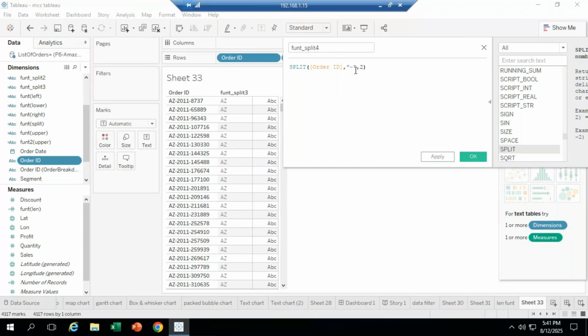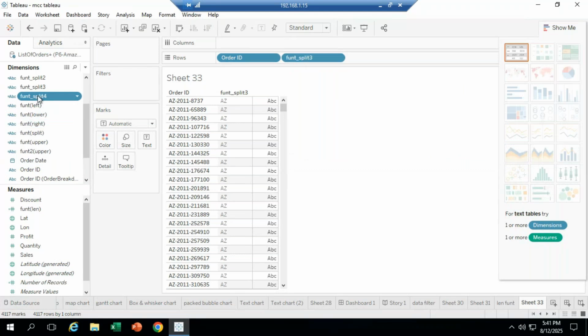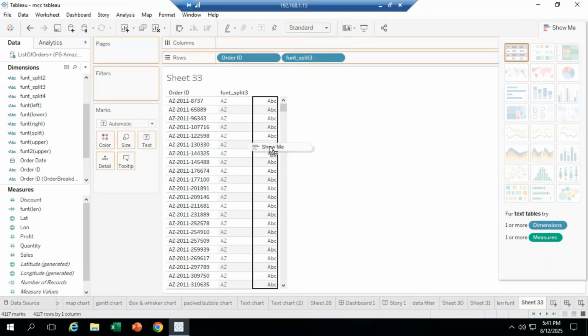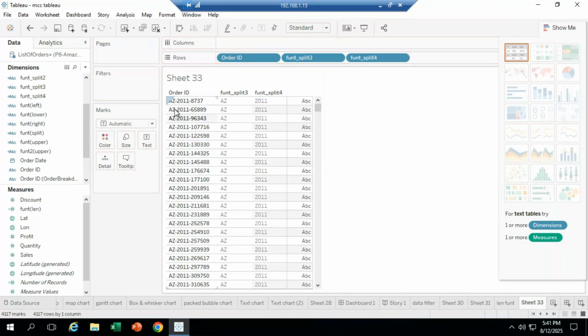Let me see how it's going to display. Click on that. Okay. See now, drag and drop into the ABC. See now, after the second delimiters, whatever data is there, 2021, 2011, 2011, means after the first delimiters here, the second delimiters. After the second delimiters, whatever data is there, that information is going to display. For example, if I give the 3, see now,